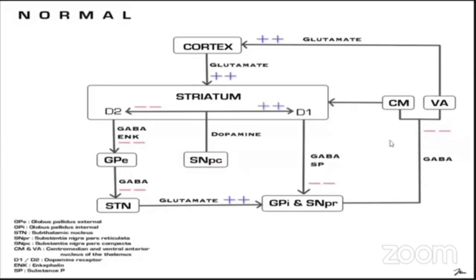All the internal structures, notice, there is GABA, that is an inhibitory neurotransmitter, except the subthalamic nucleus. But cortical, there is glutamate, which goes from the thalamus to the cortex, and from the cortex to the striatum. These are all excitatory neurotransmitters, but in the internal structures all the neurotransmitters are inhibitory neurotransmitters. So in case of